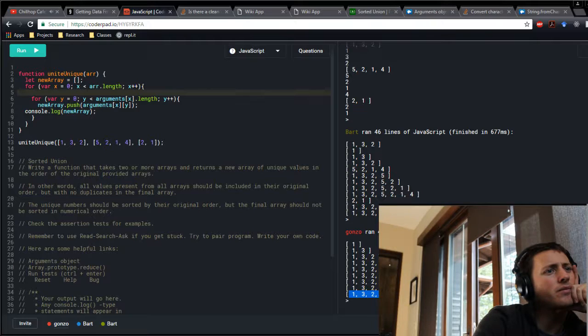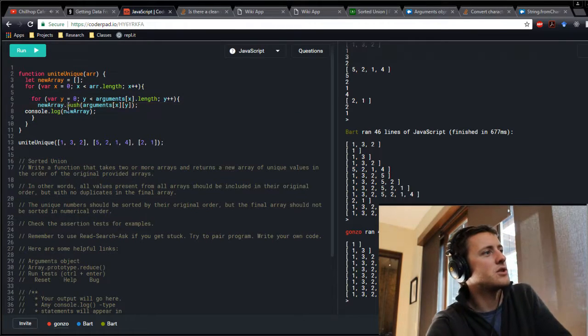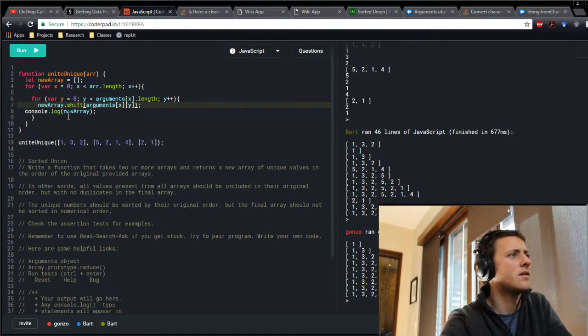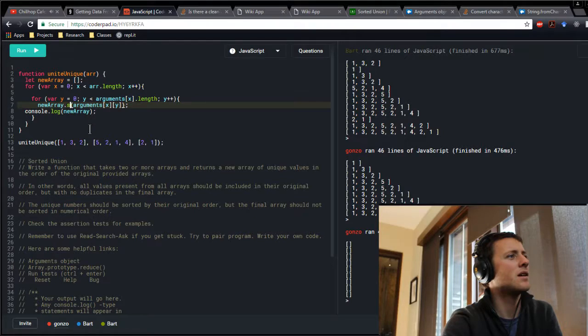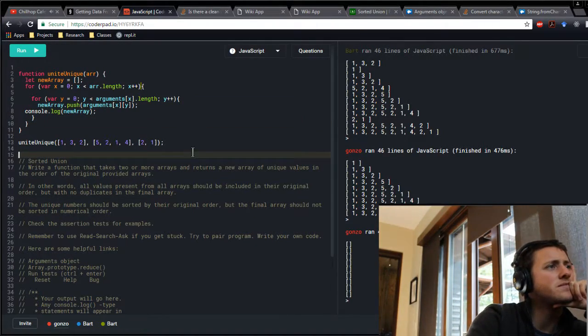Yeah. Should we see if we could do it using shift? I think the numbers would be backwards, so let's try it. What we could do if we wanted to use shift is we don't need that for loop at all. We would just have arguments x dot shift, and then here would also be new array dot push, and then